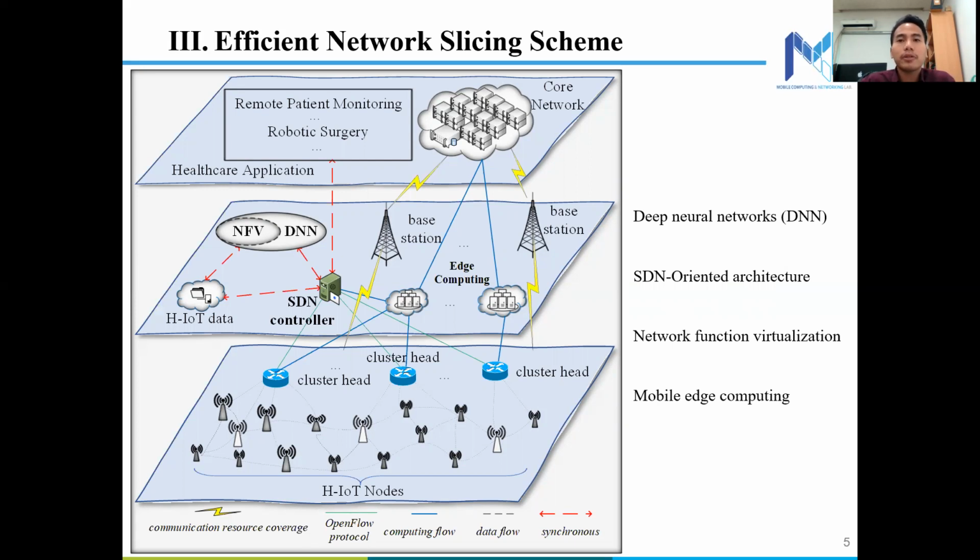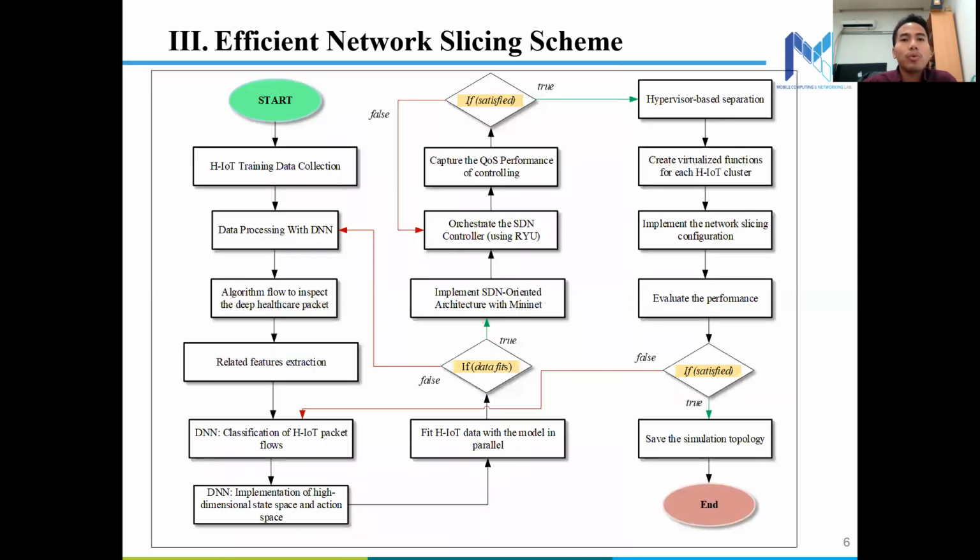Furthermore, OpenFlow protocol collects the healthcare Internet of Things node information through OpenFlow vSwitch as the cluster head and stores it in the virtualized server to process the deep neural network model. More importantly, multiple mobile edge computing servers are proposed to serve the control plane computation and pick our mission critical application. So this is the overall flow chart of our scheme, which technically starts from the healthcare Internet of Things